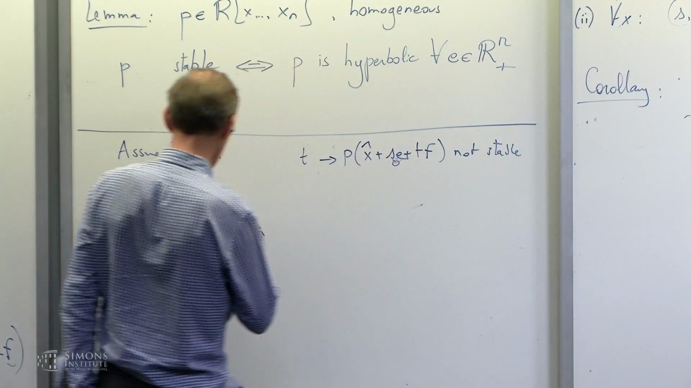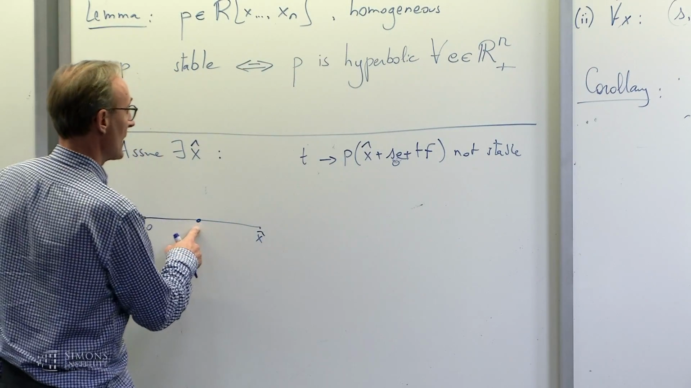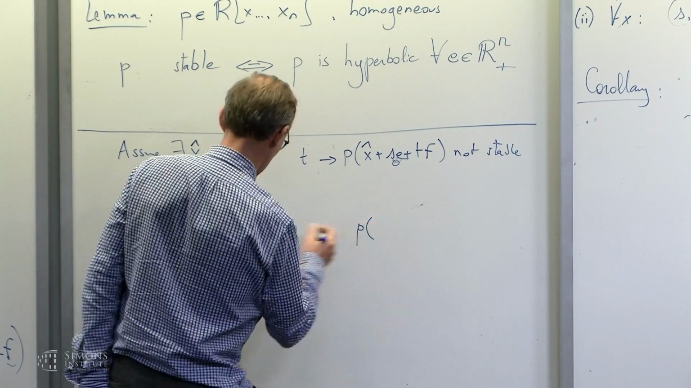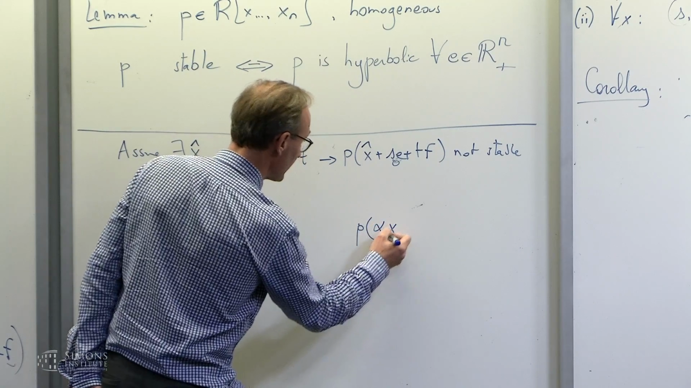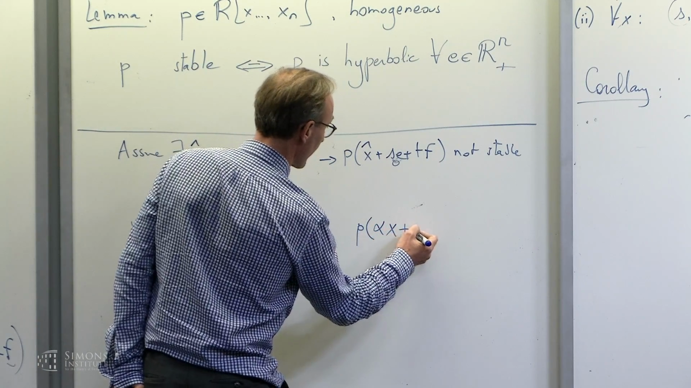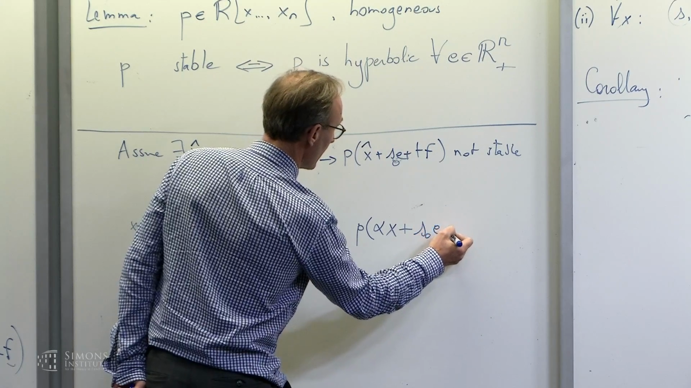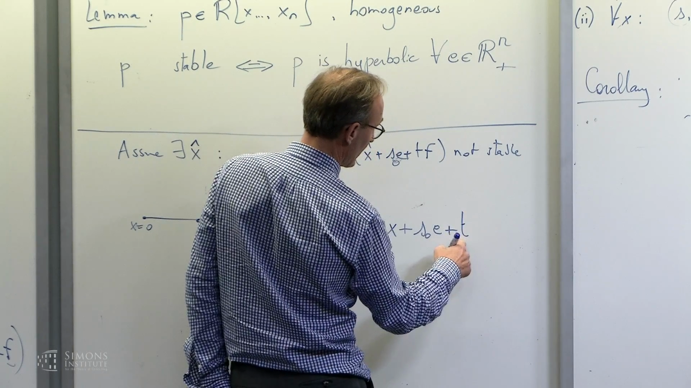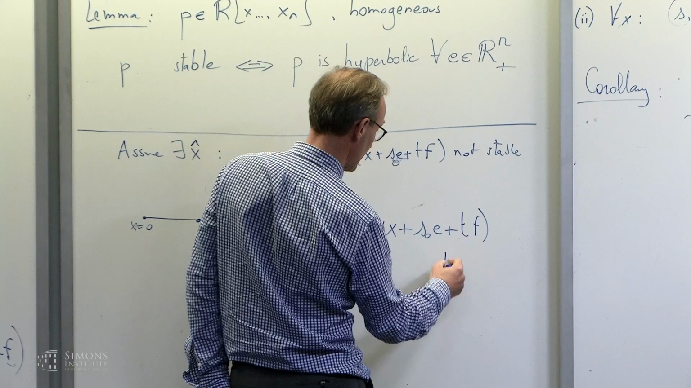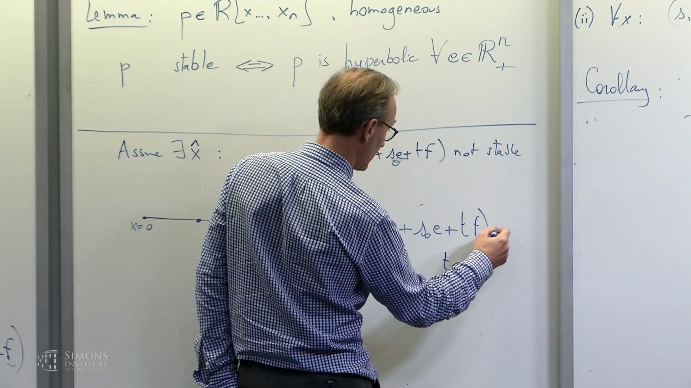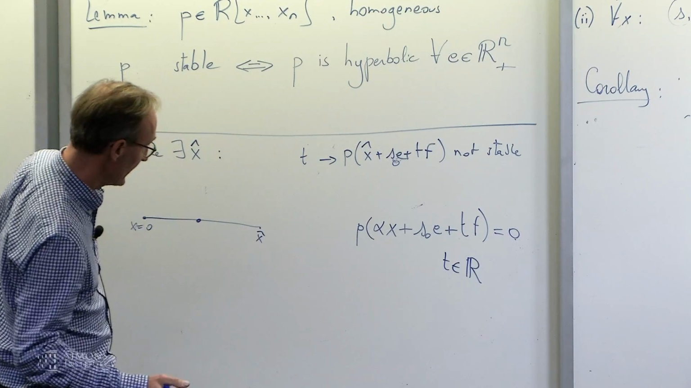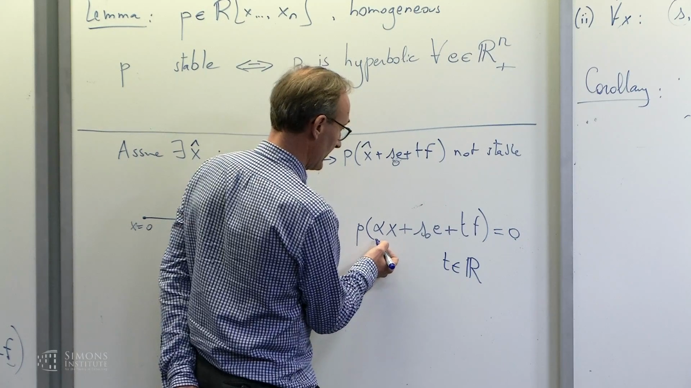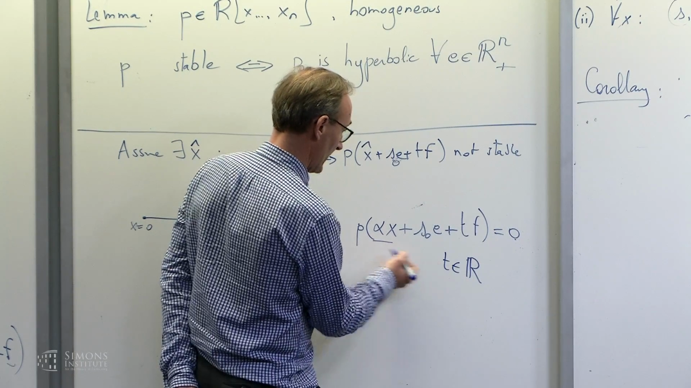And so there must be a value for which the polynomial, which is p of a multiple of x plus s0 e plus t, so I would have a root in which t is real, and that's a root. But that's a contradiction because this is real, and that is real,